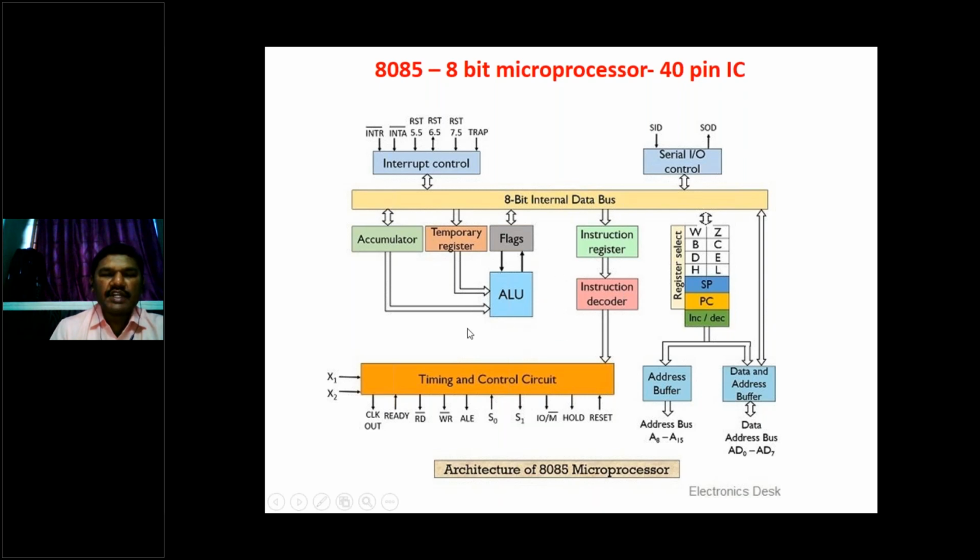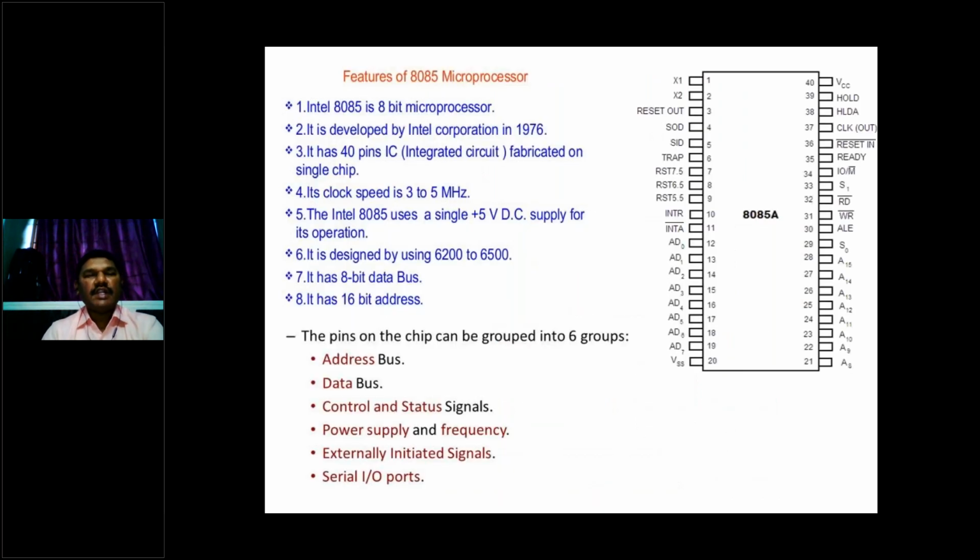In the 8086 diagram, this is the ALU block. You see everything is connected to the ALU block, and the ALU is followed by the flag register, and the timing and control unit and instruction decode. This is called the control block, and this is the block diagram of 8086. See here, the blocks they have kept on the block diagram are based on the normal block diagram of a microprocessor, that is register set, ALU unit, and control unit. So these are different registers, and these are the different features of the 8085 microprocessor.